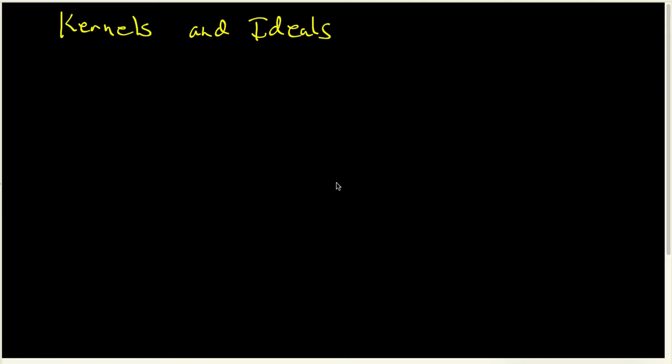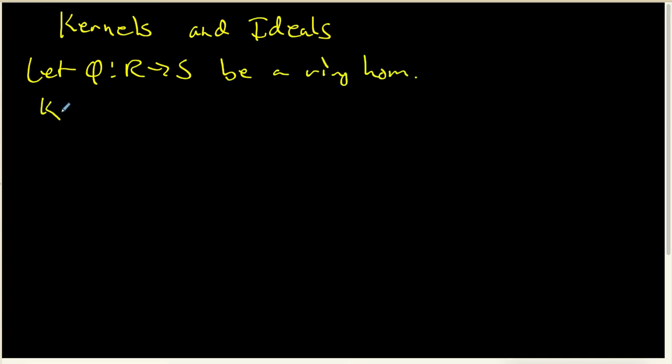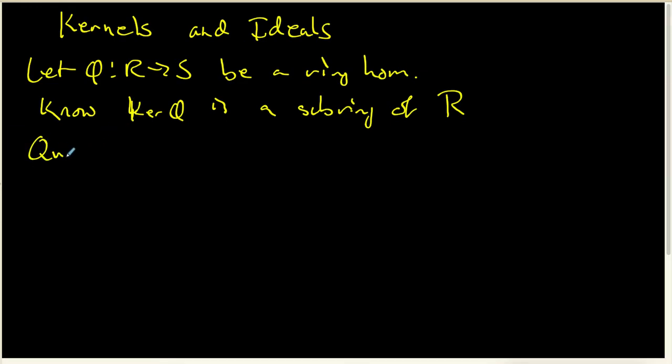In this video, we're going to be looking at the connections between kernels of ring homomorphisms and ideals. To get started, we're going to let phi be a ring homomorphism from R to S. And we already know that the kernel of phi is a subring of the ring R. And the question that I'm going to ask is this: